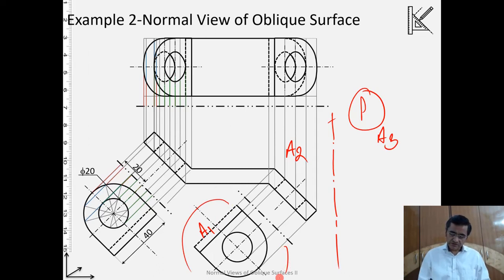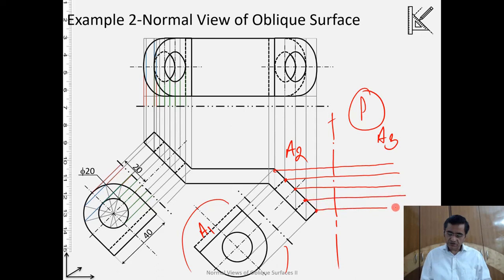So for example, for the shape given over here, if I want to draw its profile view, I will be drawing, say for the top face of this, the projectors to A3. So projectors are being drawn from A2 to A3, and then I can measure these distances and apply them here.